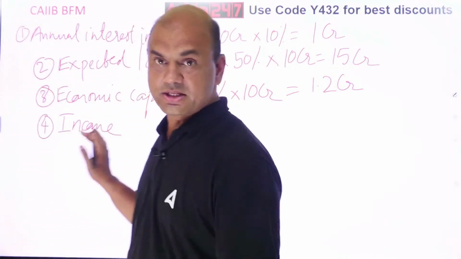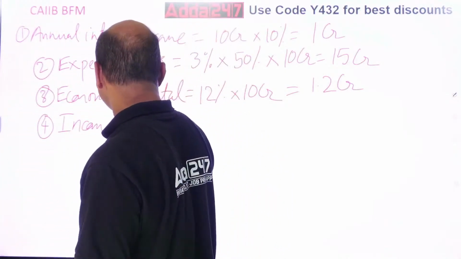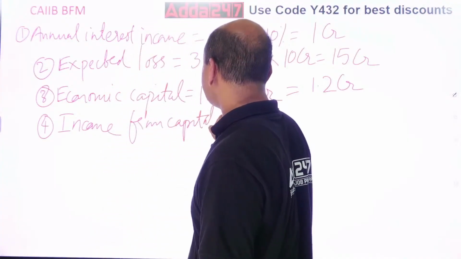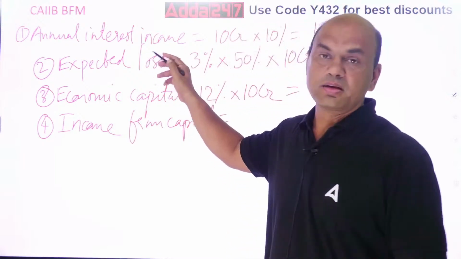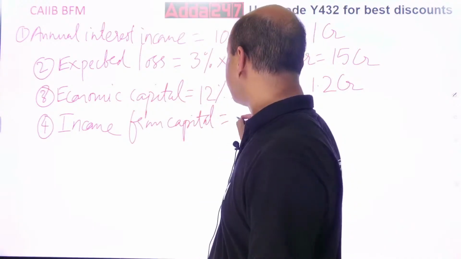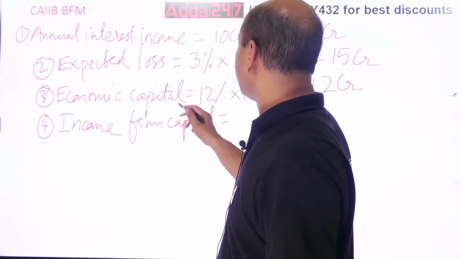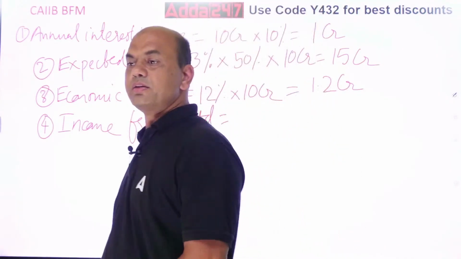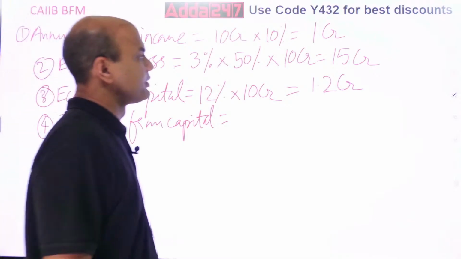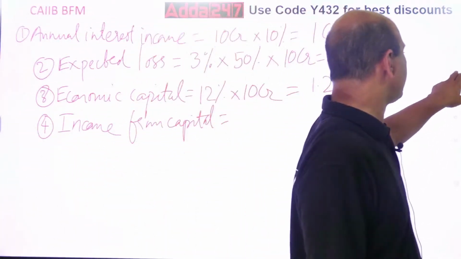So we are on the 4th stage now. Income from capital, very important term. For 1 mark per element, so 5 marks you have. Income from capital is given as what? Economic capital is 1.2 CR. You have to multiply this economic capital into what is given? Risk-free rate is given. Risk-free rate, FD rate was given